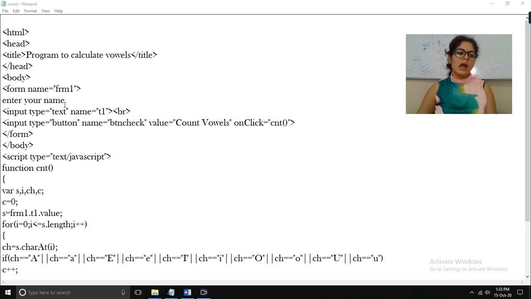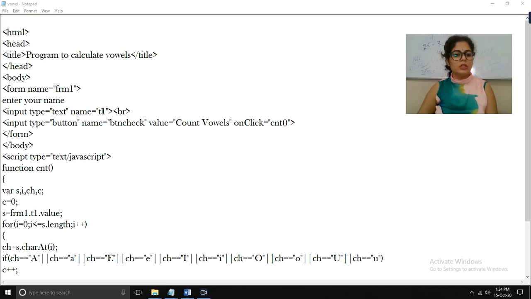For this we have to create a text box. By using these properties we can create a text box. You know how we can create a text box. Input type is equal to text. This will create a text box on your web page. Input type is equal to text means it will create a text box on your form.